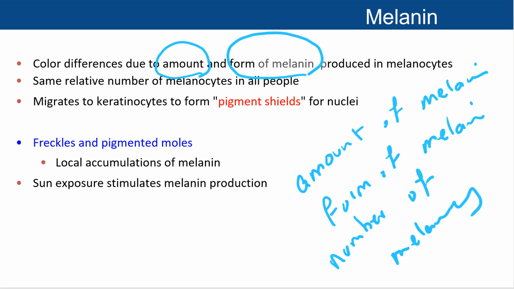The number of melanocytes is not a factor that can change our skin color because there is the same relative number of melanocytes in all people. And then we talked about the melanin. They migrate to keratinocytes. They are not going to be stored in melanocytes. They migrate to keratinocytes to form pigment shields for nuclei, which is going to protect them from damage of UV